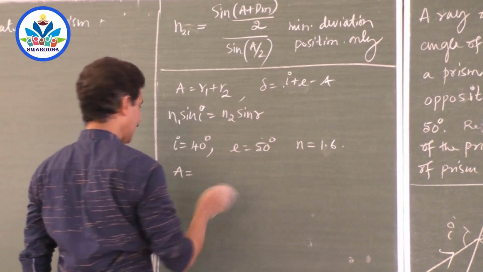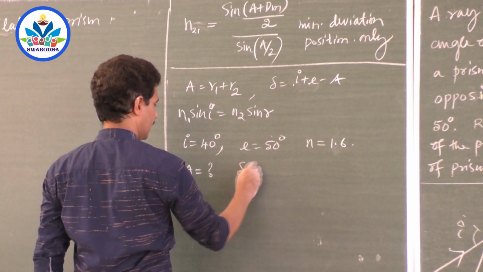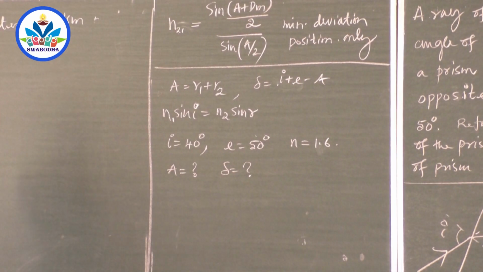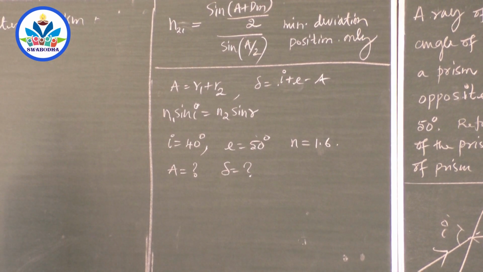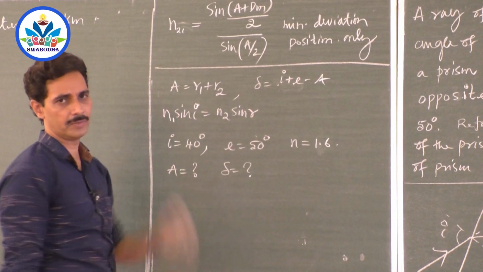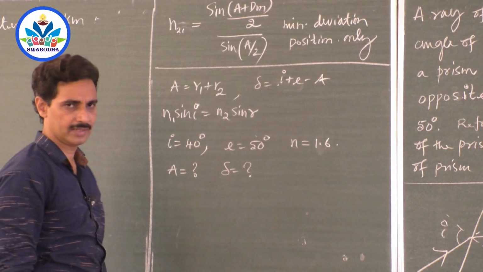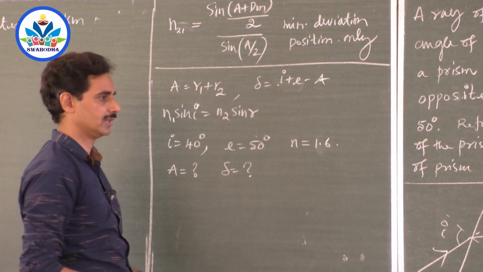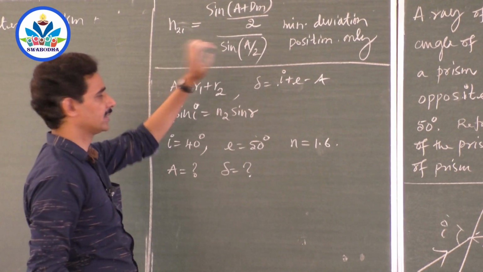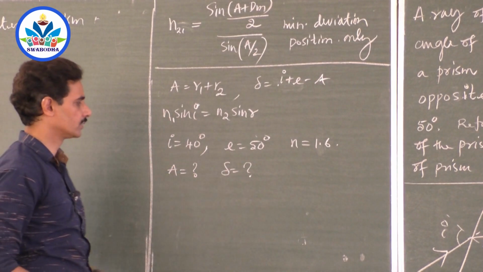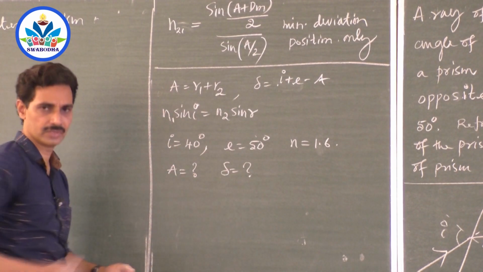You see, it is not angle of minimum deviation, it is angle of deviation, delta. Correct? So what is the delta value and what is the angle of the prism? That is a question mark. Since it is not minimum deviation position, you are not supposed to use that formula sin (A plus Dm) by 2 by sin A by 2. That is not for other general angles of deviation. That is only when angle of incidence and emergence are same, R1 equal to R2. But here it is not so, I and E are not same, so you cannot use that formula.